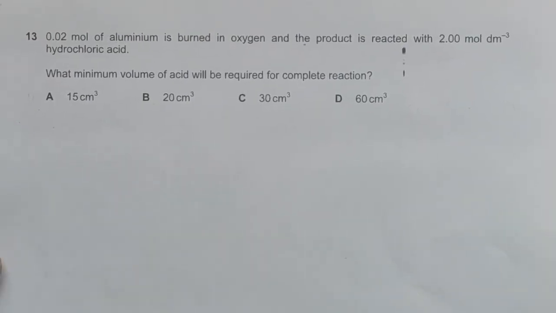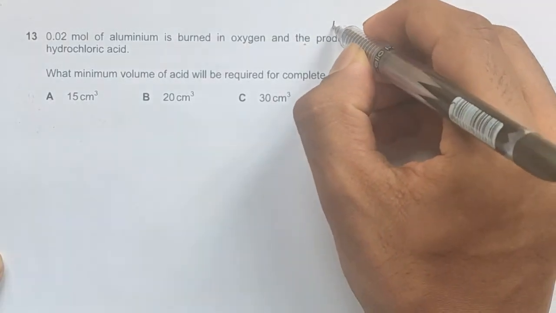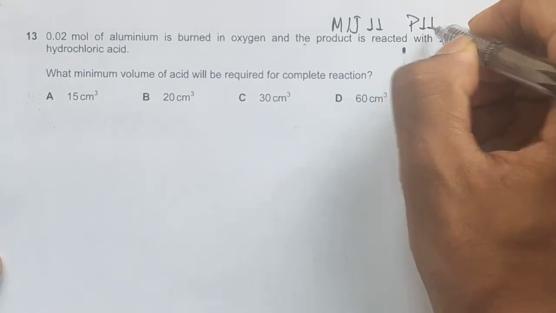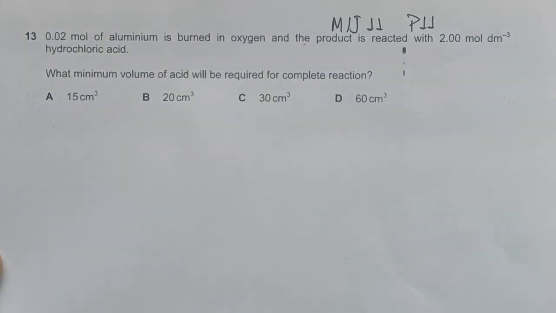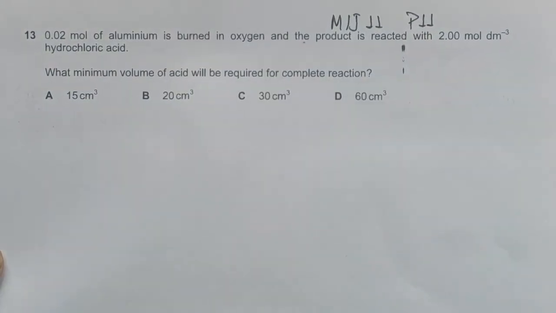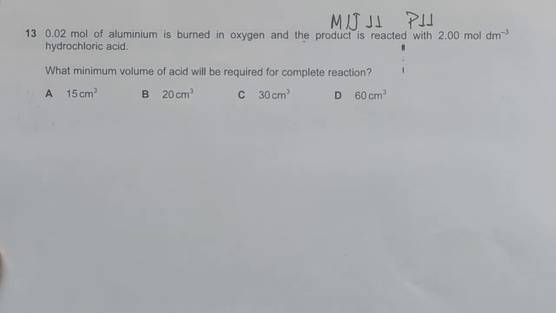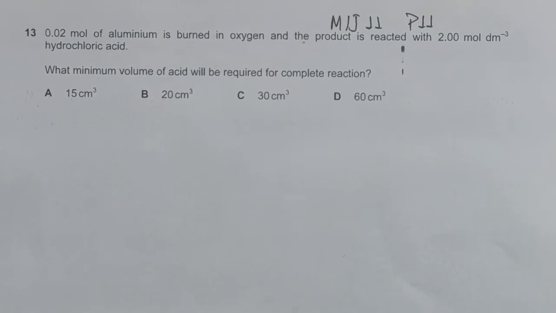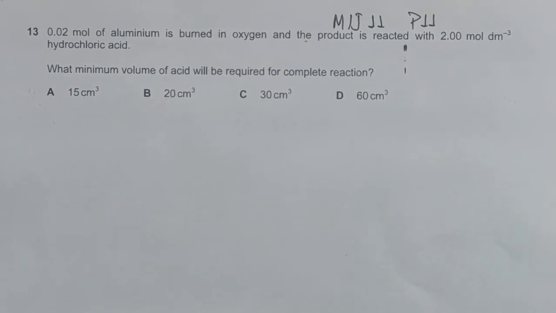Hello everyone, this is June 11 question, paper 1-1 and the question number is 13. Let me write it here. June 11, paper 1-1. It's concerned with the chapter periodicity. The reason why I did this question is the examiner report states 61% of candidates who sat for this exam got this question wrong. So here we will see how to get it right.